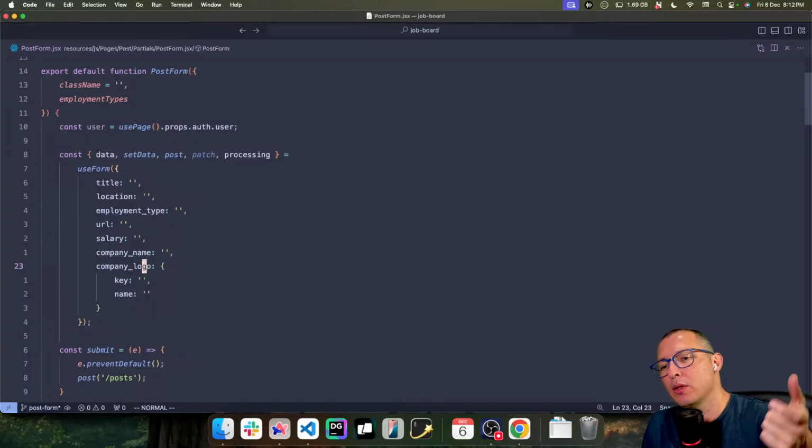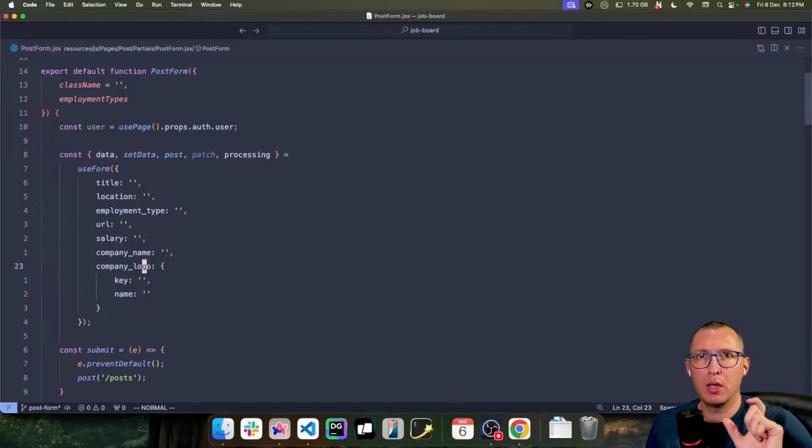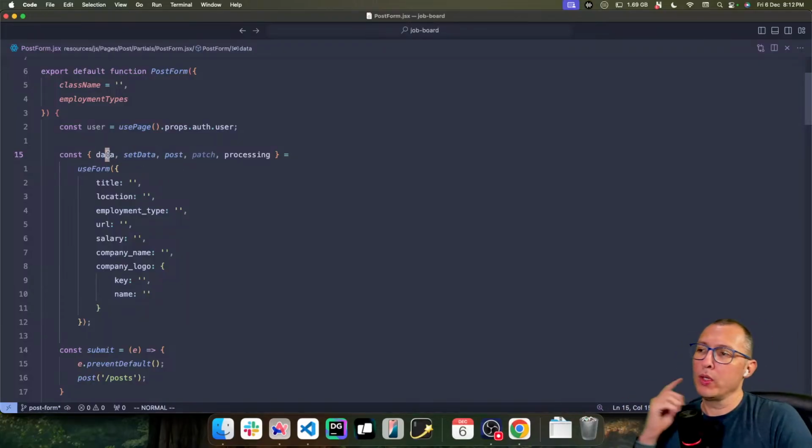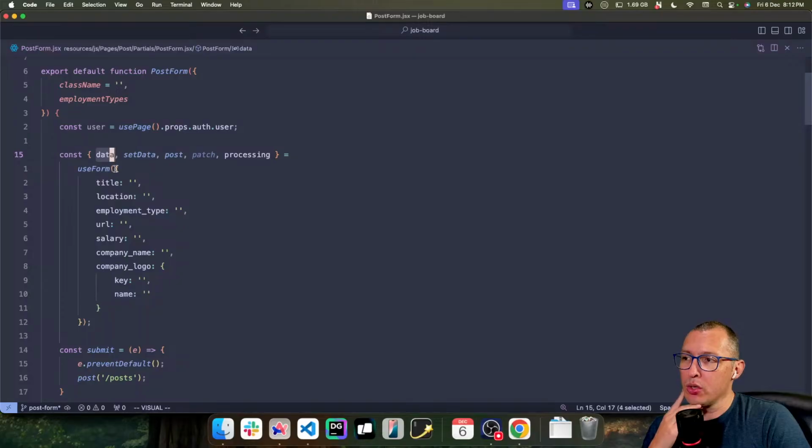The JSON serialization, you don't have to worry about that. Inertia takes care of that. All you have to do is take care of setting the data using set data. So what you get back in data is just